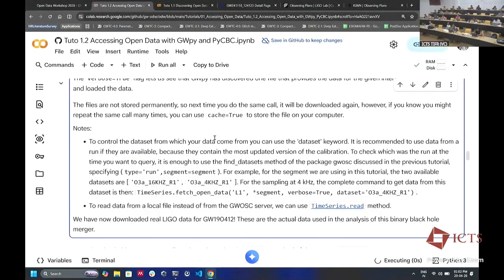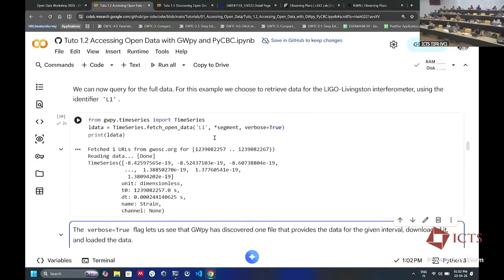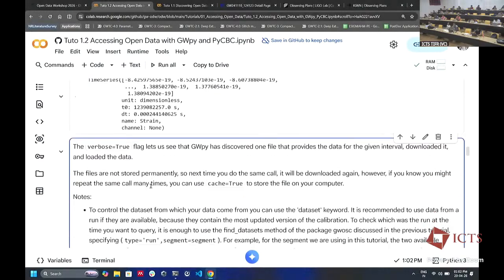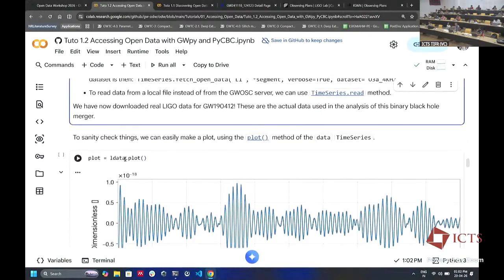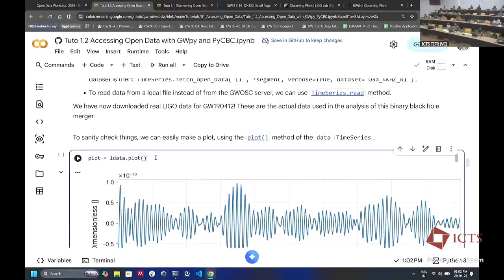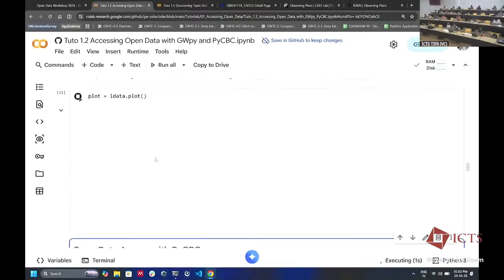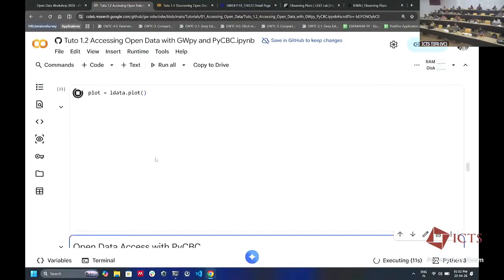Fine. Good. So it fetched one URL. Whatever we were doing last time, it did internally, and then it read the data, and this is the time series it has returned. So it's there. Now you can just plot it. It already has an inbuilt plotting function. Pretty slow.